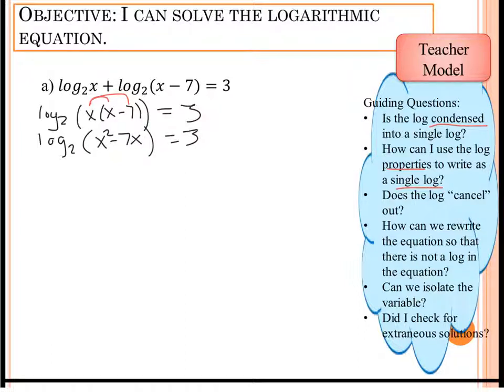and that's going to be equal to 3. Now, at that point, I want to think about trying to eliminate that log. So how can I rewrite the equation so that there's not a log in the equation? So I want to think about what my base is. My base is 2, and 3 is my exponent. So rewriting this, I'm going to write 2 to the third power is going to equal the argument, so x squared minus 7x. At that point, I can cube the 2, that's going to give me 8 equals x squared minus 7x,